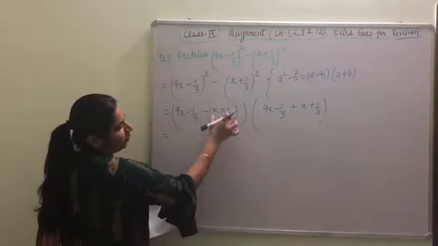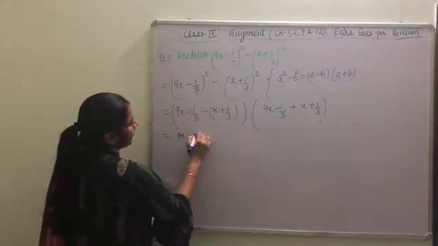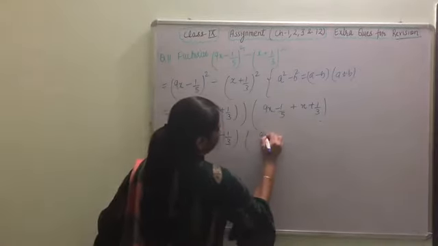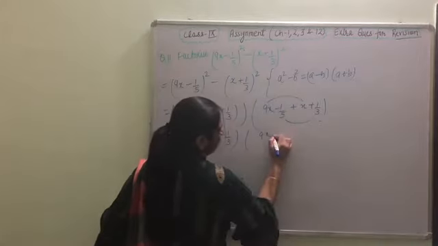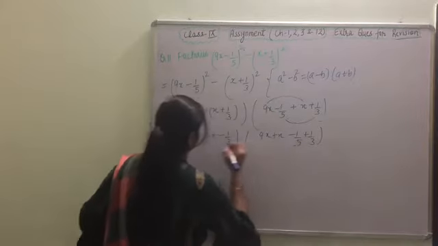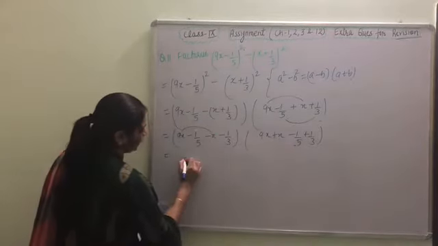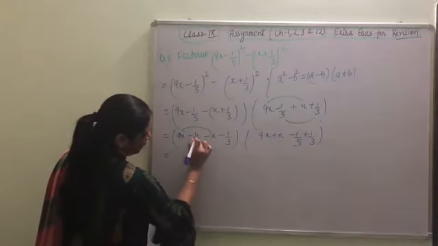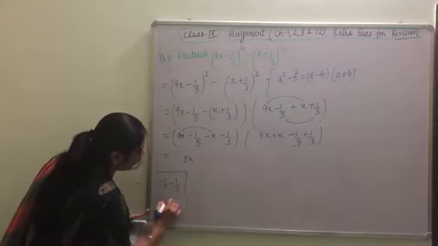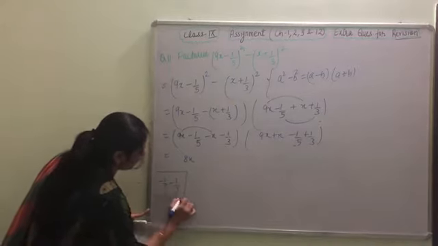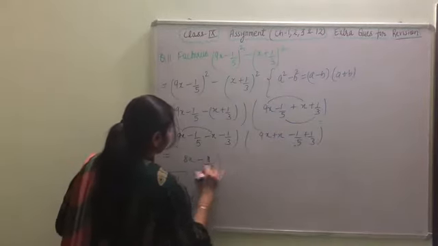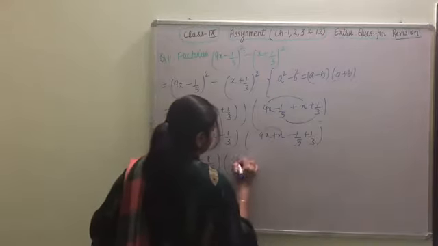Negative sign is there. When we open the bracket, the sign will be changed. 9x minus 1 by 5 minus x minus 1 by 3. First term, and for the second term we will do the arrangement of these two numbers: 9x plus x minus 1 by 5 plus 1 by 3. This is 1 by 5. 9x minus x is 8x, minus 1 by 5, and here I am doing the calculation work. Minus 1 by 5 minus 1 by 3. 15 is the LCM. Minus 3 minus 5 is minus 8 by 15. 8x minus 8 by 15 is the first factor.